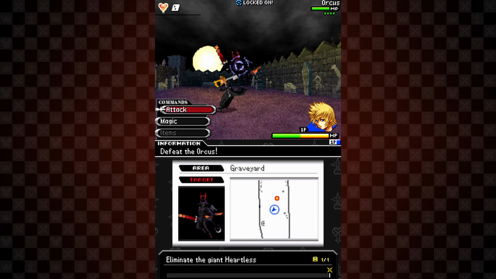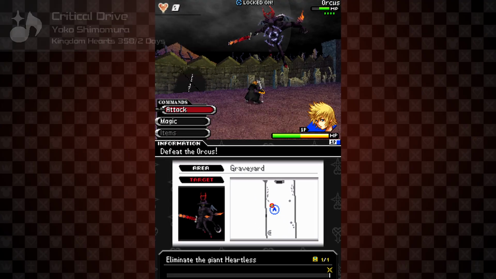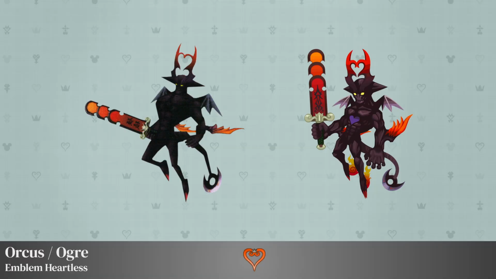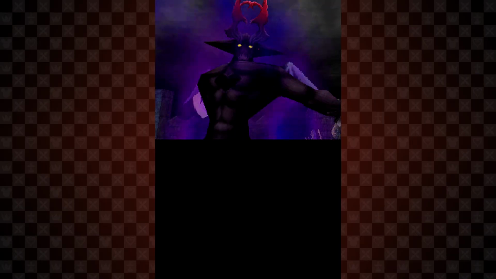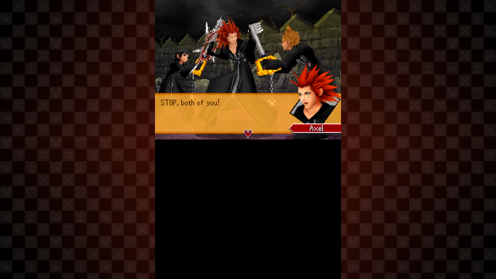Take everything I just said about the design and challenge, add in one of the coolest story moments in the series, and you have yourself the Orcus. Or the Ogre, as it's known in Union Cross and Dark Road. Somehow, they created a design more menacing than the Invisible, and I will never get over the fact that the Halloween Town scene where Saïx manipulated Roxas and Xion into fighting each other using the Orcus was excluded from the